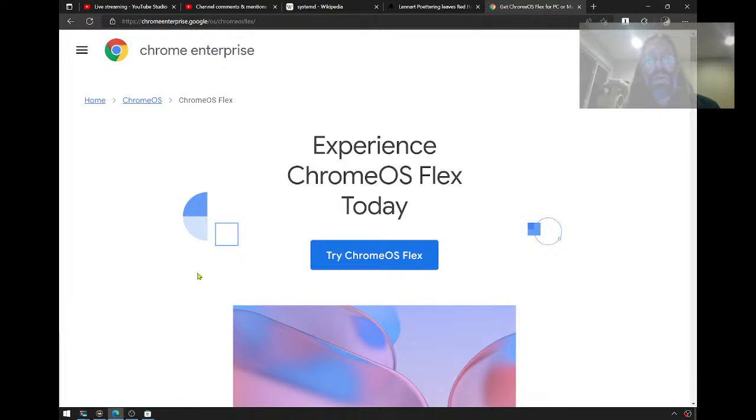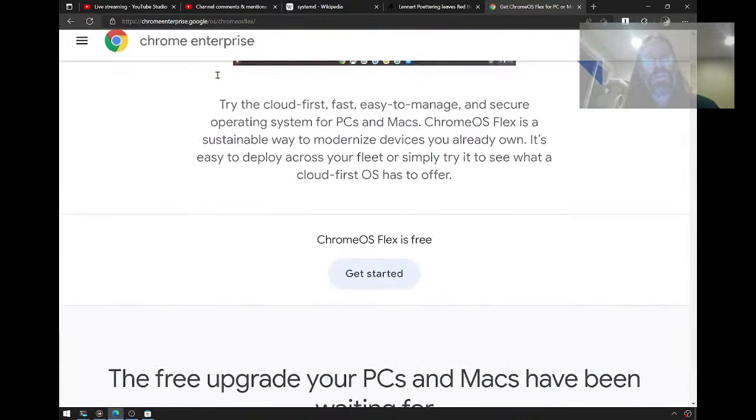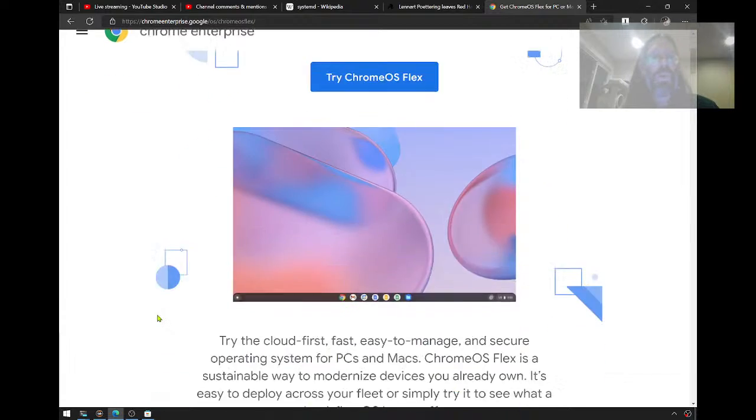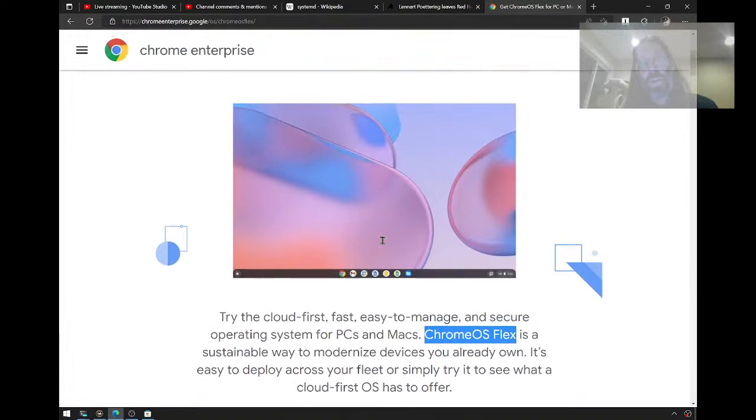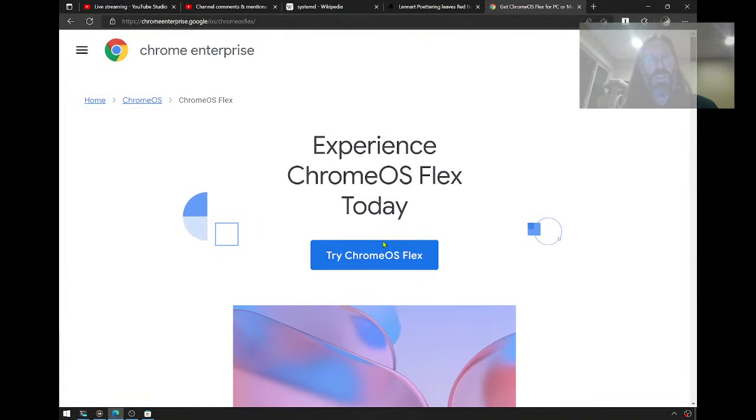And the last tab I want to show you is that Chrome OS Flex is available for download, and if you have old hardware, Mac or PC, you can actually download Chrome OS, stick it on a USB stick, and install it. Bring some life into your old hardware, and maybe I'll do some screencasting from stuff like that.